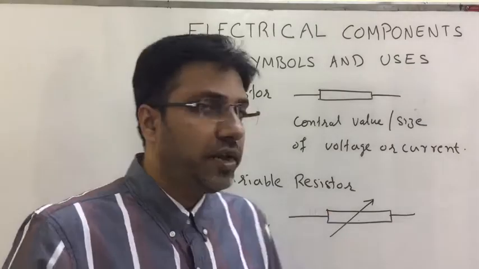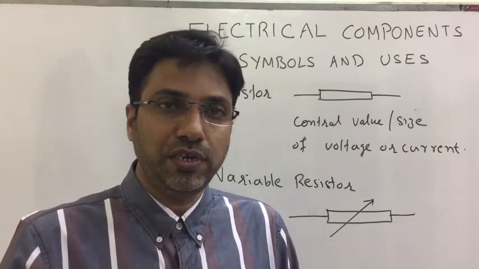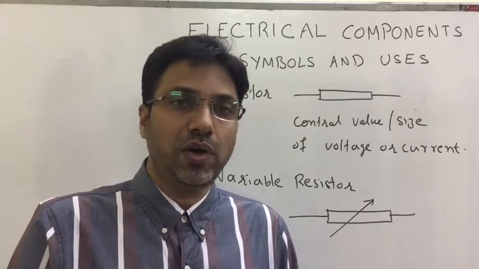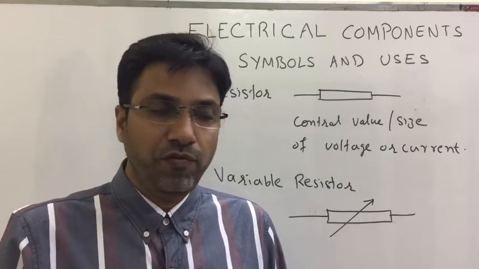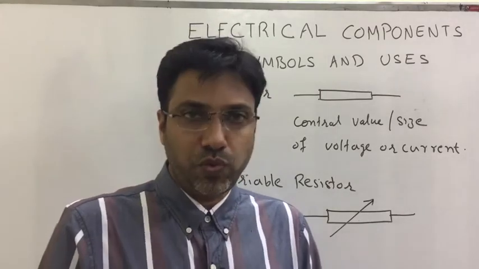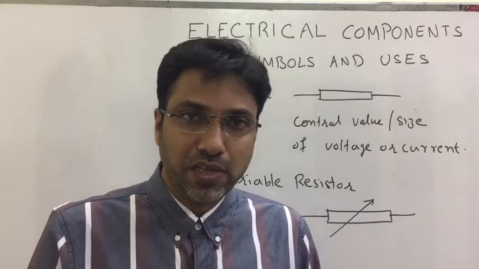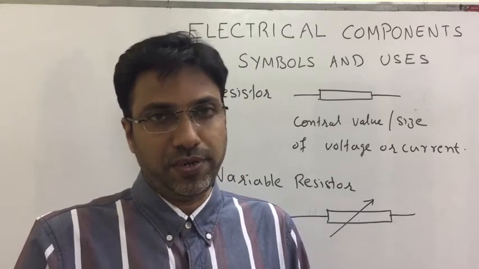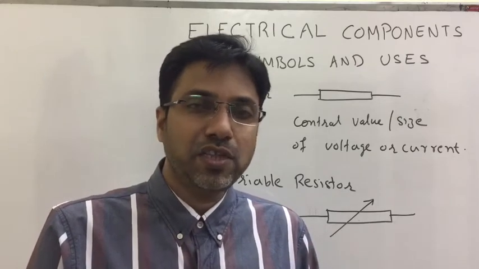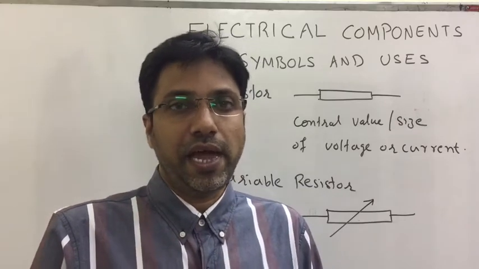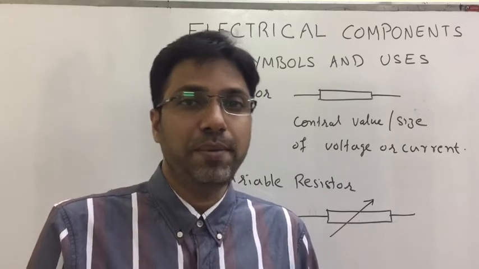One of the real life applications of variable resistor is television. When you use television, you increase or decrease the volume. Actually, you are using the variable resistor to do that. We can use variable resistor as a dimmer switch. So if you want to decrease or increase the brightness of a bulb, we can use variable resistor. If you increase the resistance, then the current value decreases and the brightness of the bulb decreases. And if you decrease the resistance, the current value increases, the bulb glows brighter.